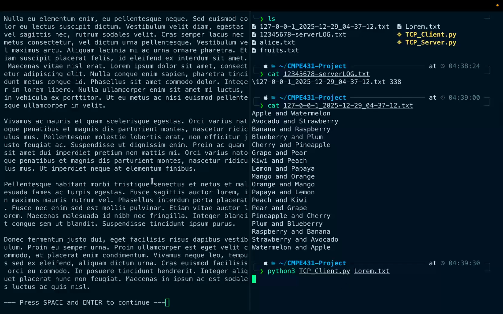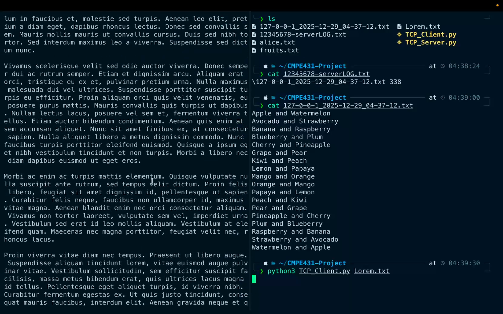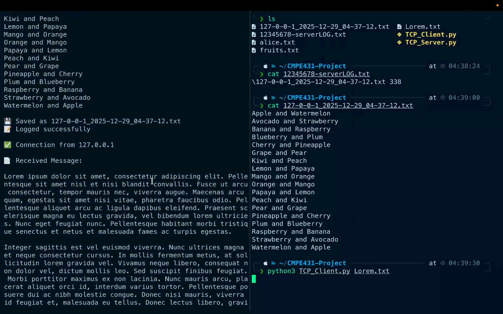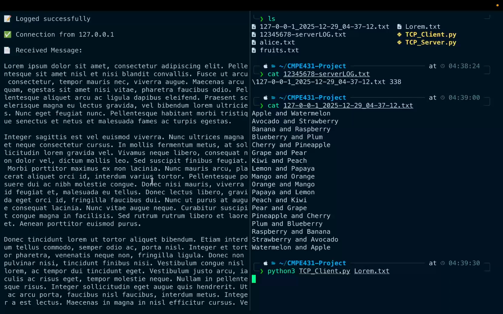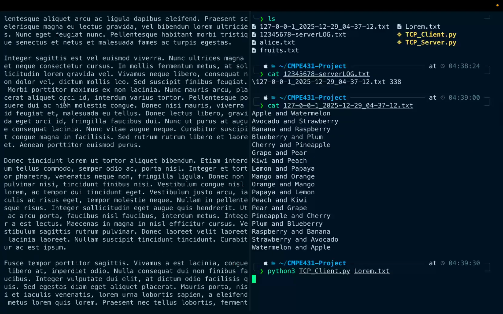Coming back to the server screen on the left, I will scroll it down. Okay, the receipt message starts,